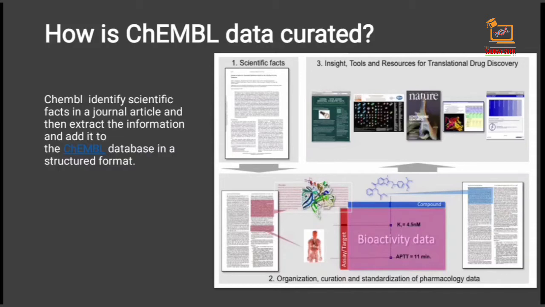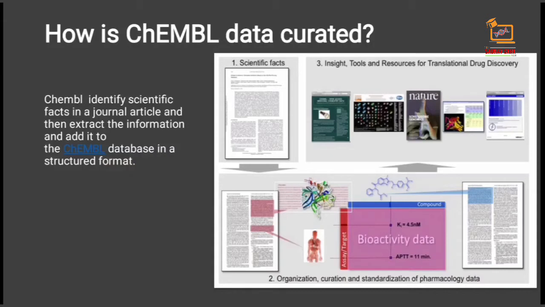In this case, we'll draw the chemical structure as molfiles or SMILES. Then we'll identify the UniProt accession number for the protein and the organism it is from, and extract a short description of the experiment that the IC50 values were measured in. This information is then added to the ChEMBL database and then you can search it for a specific target by name or sequence, or do substructure or similarity searches to find data on a specific chemotype.